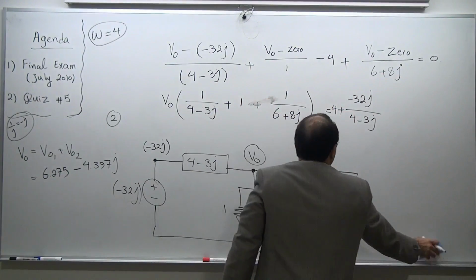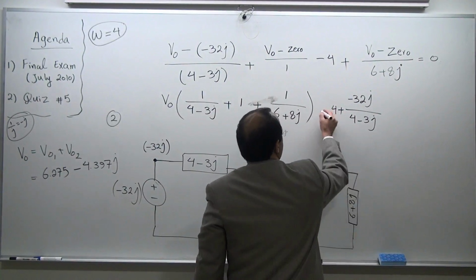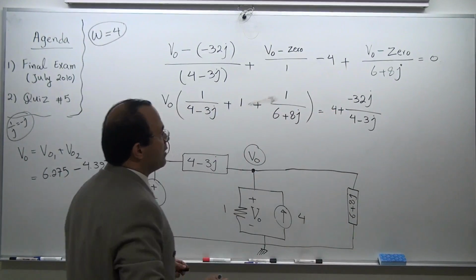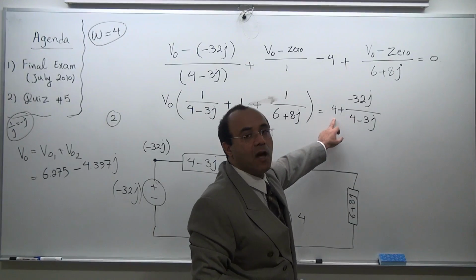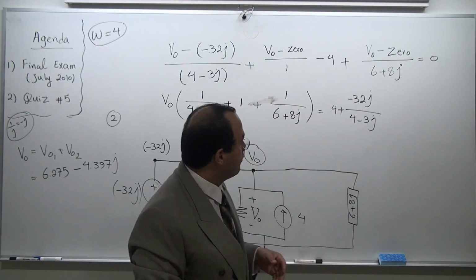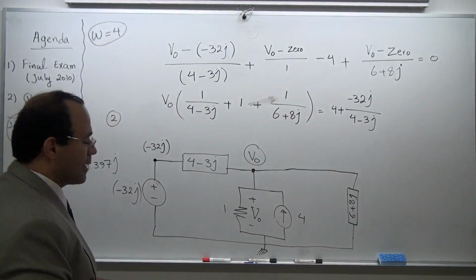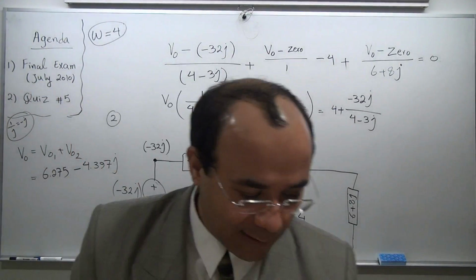So this one is going to be 4 plus minus 32j divided. You could practically take a common denominator, but you don't have to, because you can take advantage of the calculator. So let's pick up the calculator